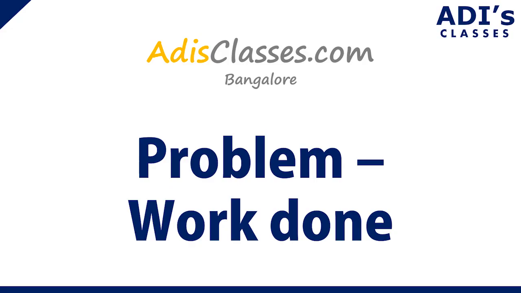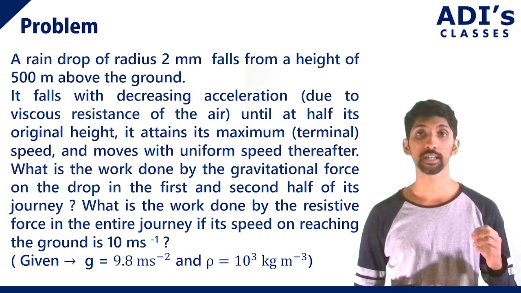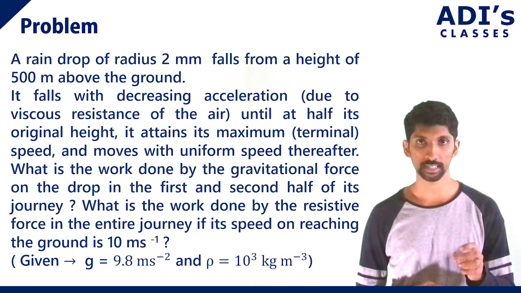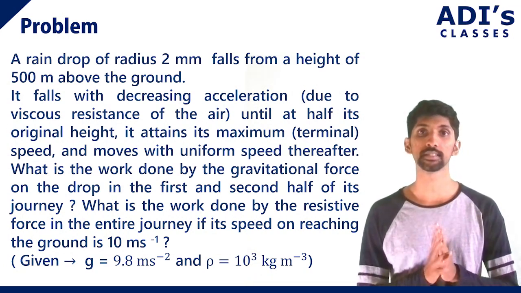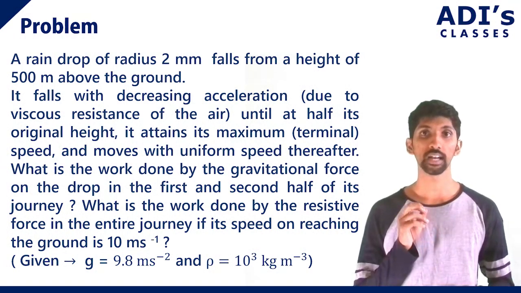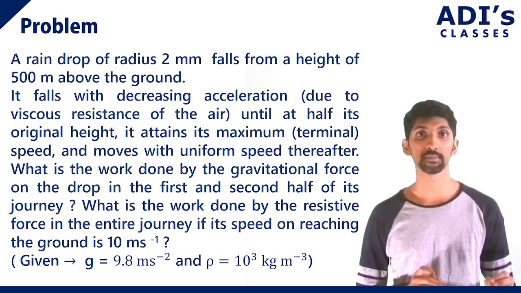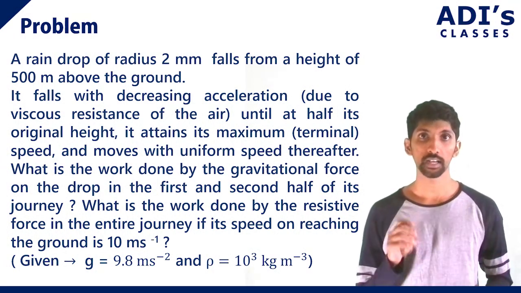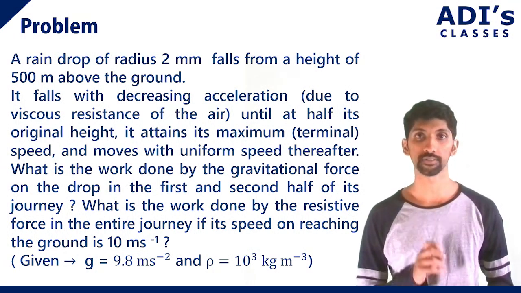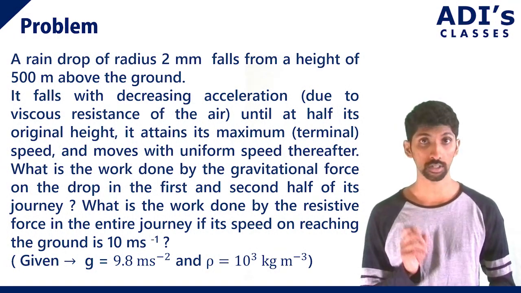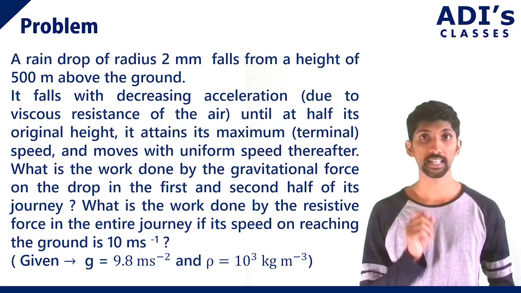A raindrop of radius 2 mm falls from a height of 500 meters above the ground. It falls with decreasing acceleration due to viscous resistance of air until at half its original height. It attains maximum or terminal speed and moves with uniform speed thereafter. What is the work done by the gravitational force on the drop in the first and second half of the